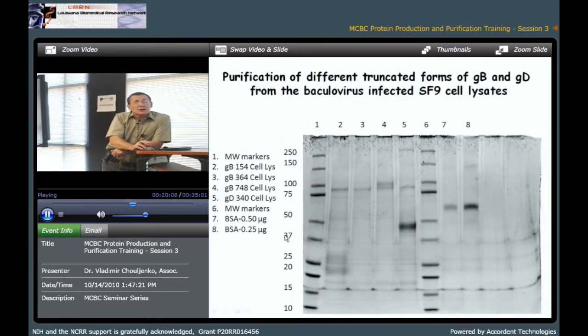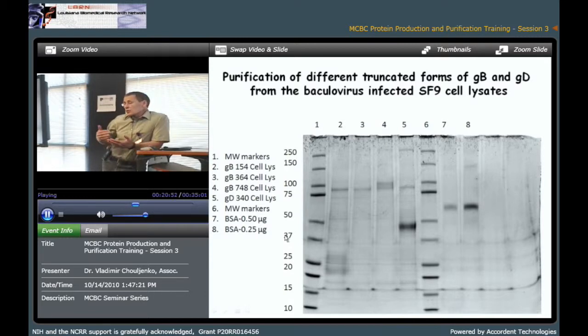It's basically the entire soluble portion of the GB gene cloned in our pFastBac Dual vector. And if you look at the next one for cell lysates, the previous totally negative one, 154, was found only in cell lysates. It means this small protein just gets stuck somewhere inside of the cells. It doesn't go outside. And for GB364, we don't see any visible protein for this GB truncation, and we have a much smaller amount of the largest version, GB748, but surprisingly